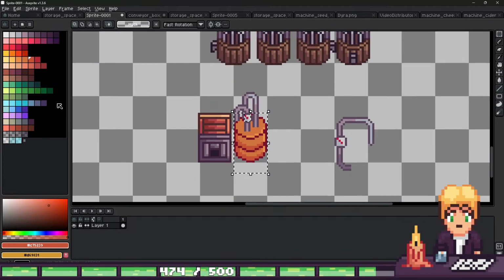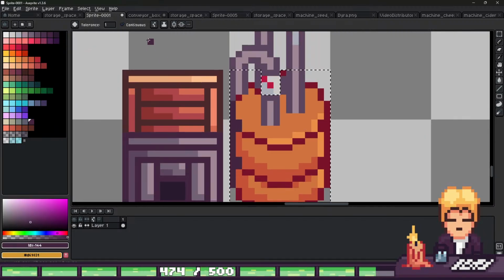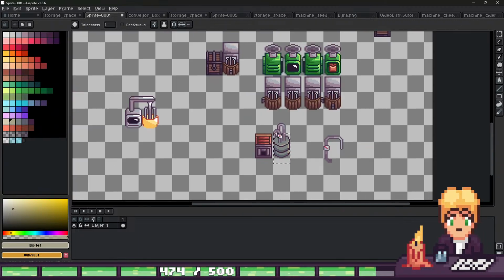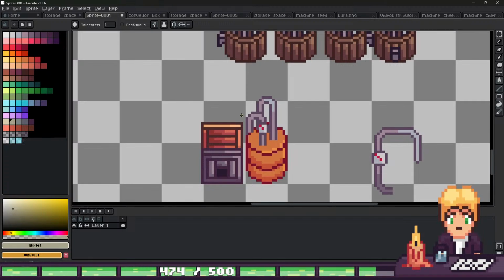Brown, no. Gray looks not like something where I would like to do juice in. I mean, orange is okay, I think, but hmm,